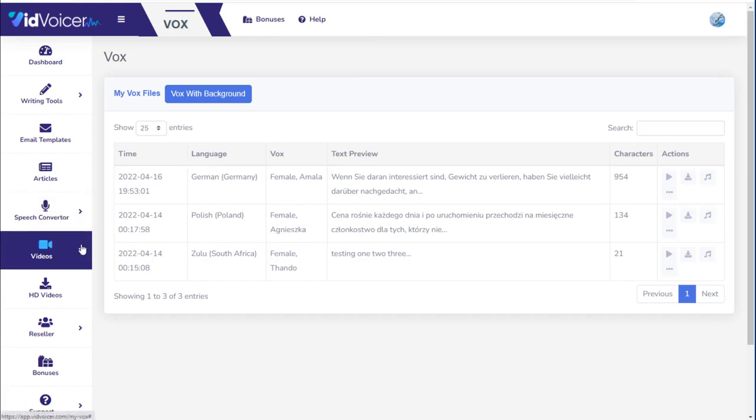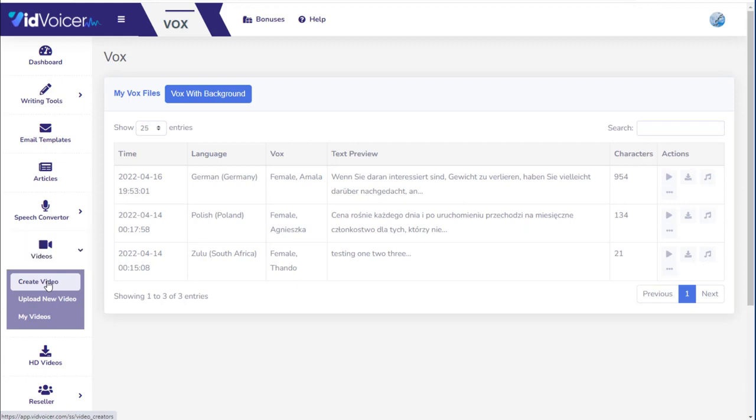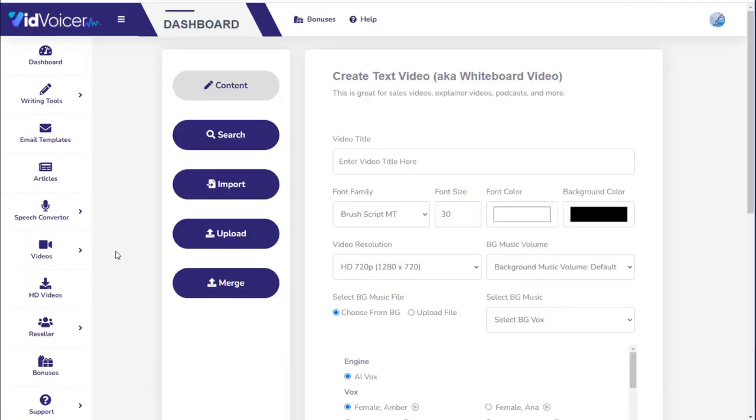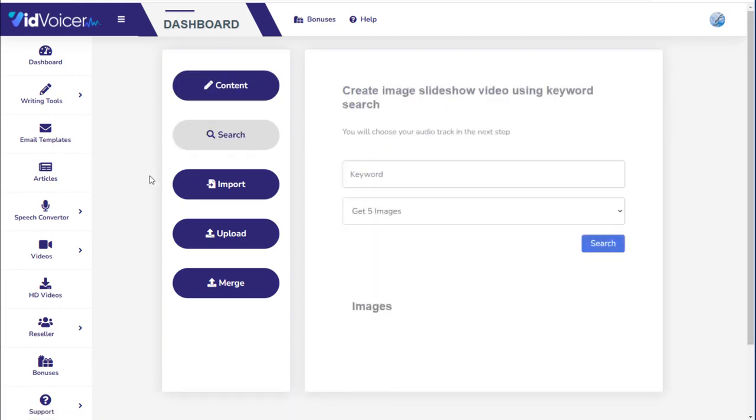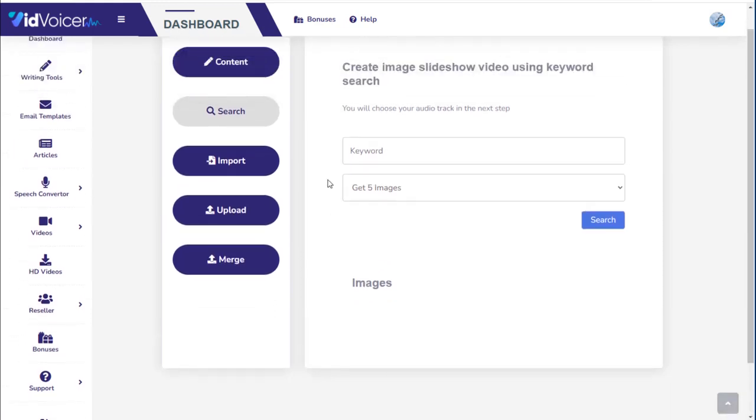So I'm going to show you our video creator tool next. I'm going to click here where it says videos and create video. And we actually have 4 different ways of making instant videos with this tool. And again, that's not even including any of the upgrades. All right, I'm going to save this whiteboard video creator for last because that is my favorite feature in this program. And I'll start by showing you what is perhaps the quickest and easiest way to create an instant video,